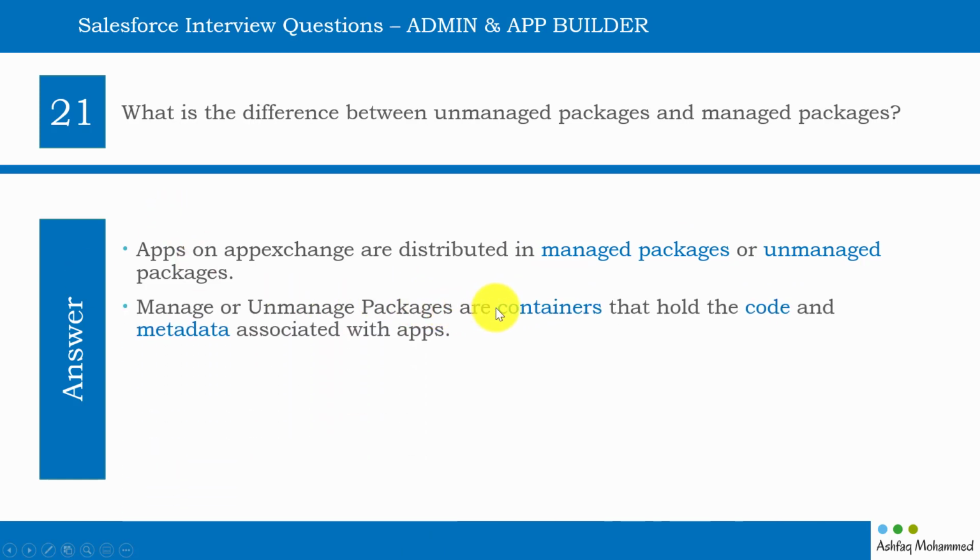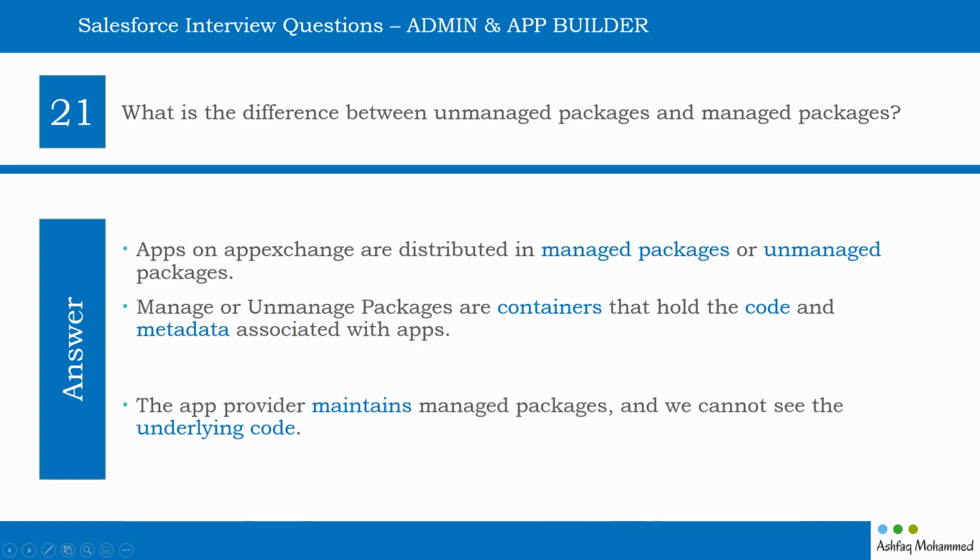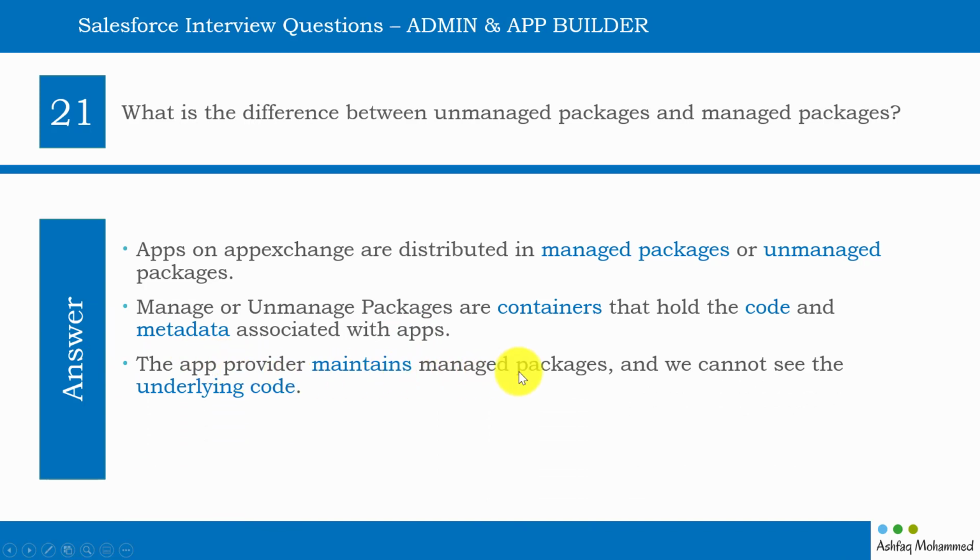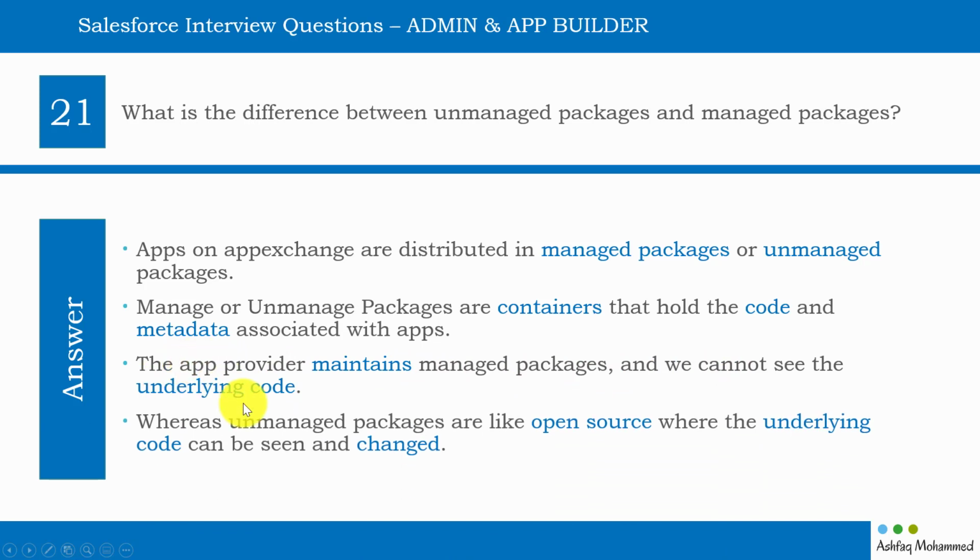Okay, managed or unmanaged packages are containers that hold the code and metadata associated with the app, right? So as I said, these app providers maintain managed packages and we cannot see the underlying code. Whereas unmanaged packages are like open source, where the underlying code can be seen and changed, right? So most of the big or paid apps are managed packages only. You will not find an unmanaged package with open code. Okay. So I think with this,